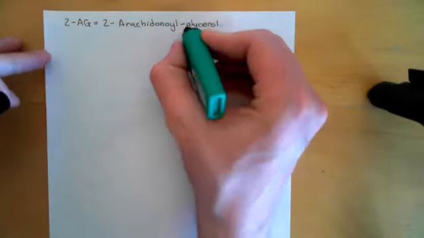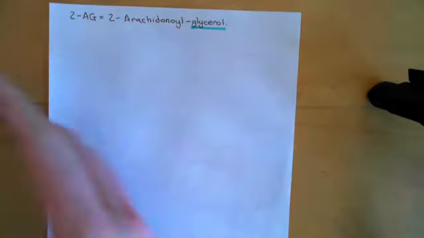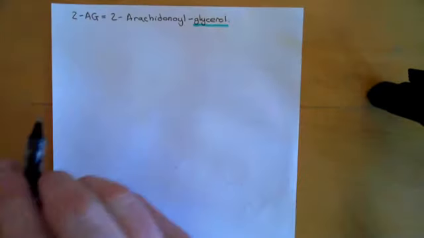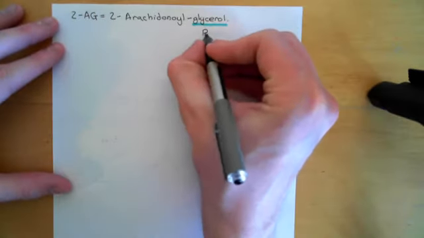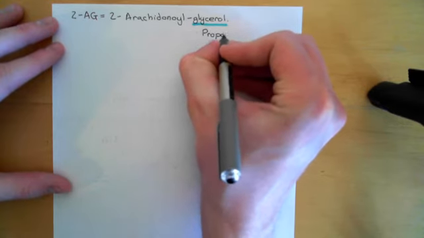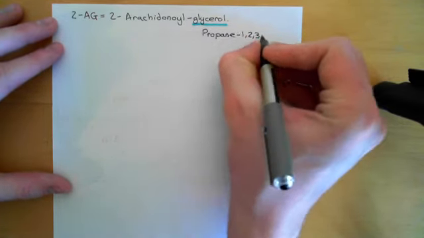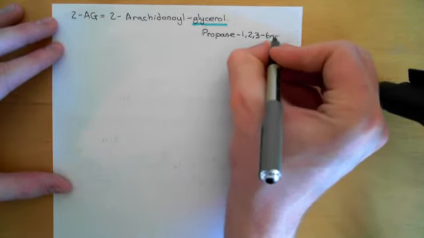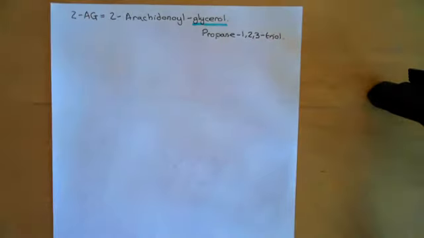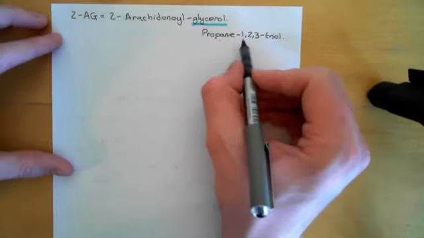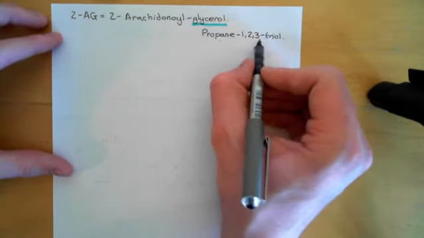So let me just remind you of what the structure of a glycerol molecule is. Glycerol is the old biochemist's name for a molecule that would be more properly called propane 1,2,3 triol. Although propane 1,2,3 triol is more of a mouthful than glycerol, it's a more useful name because it tells us exactly what glycerol is. It tells us that it's a three carbon molecule with alcohol groups coming off the first, the second, and the